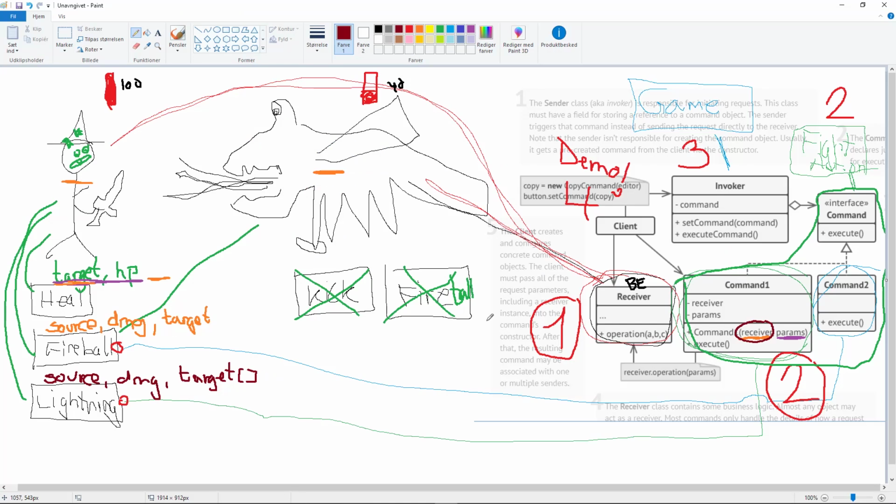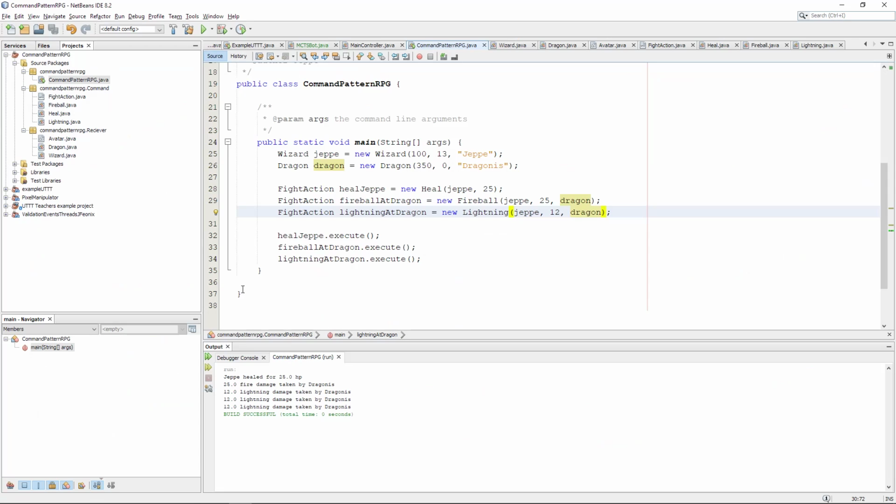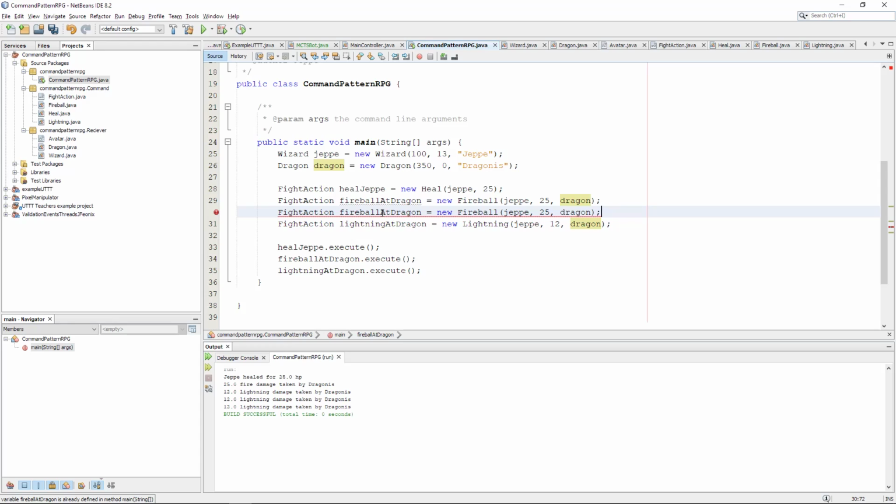We actually looked at how to do the command itself, how to couple the command with the receiver, so that now we have good connection between the two. So that our dragon can use the fireball, and actually the dragon can use heal as well. So we would have to set some kind of policy that would enable it not to have heal and lightning, but yeah. So in order for us to use the dragon, we can just do fireball from the dragon here, fireball from dragon,